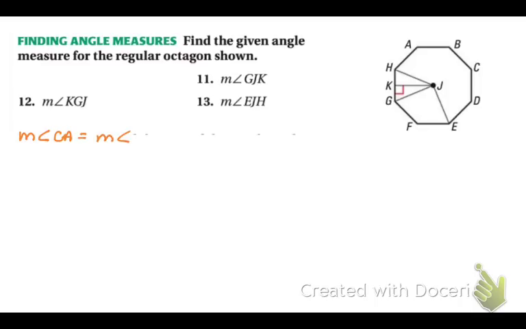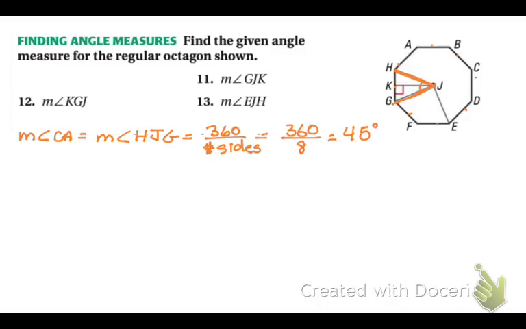So let's look for the measure of the central angle, which is equal to the measure of angle HJG. Because here, these are my radii of the circle and the polygon that extend to the vertices, and here's my central angle. So the formula is 360 divided by the number of sides. And we have 1, 2, 3, 4, 5, 6, 7, 8. It's an octagon. 360 divided by 8 is 45